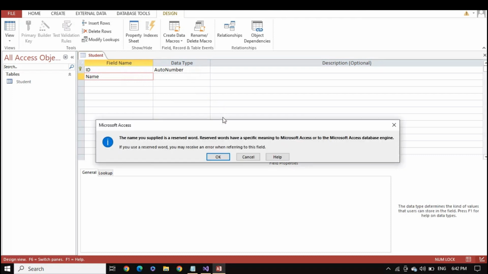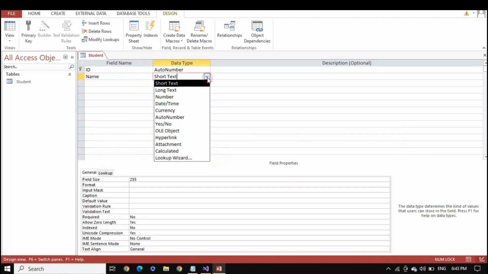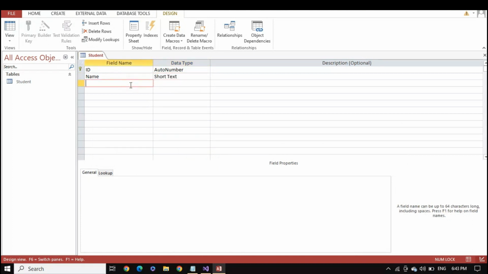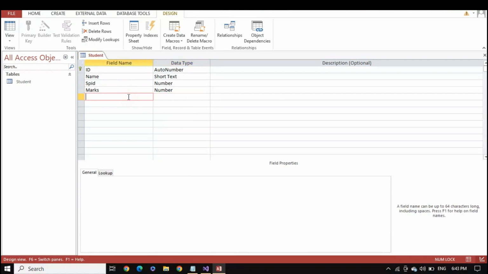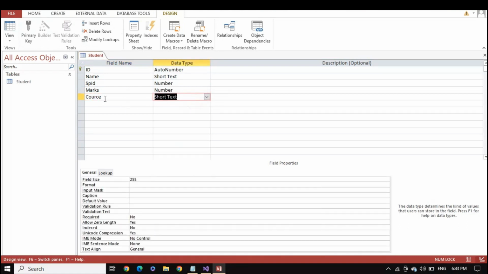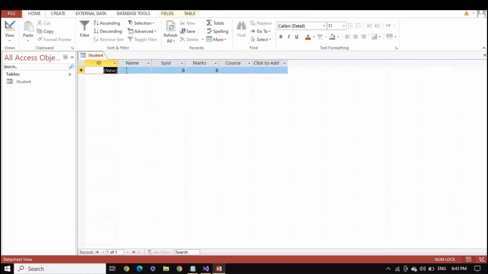Here, we add some fields in our table. Here, we add some data to show in Data Grid view.